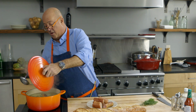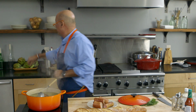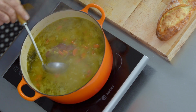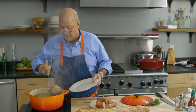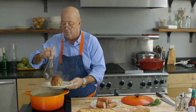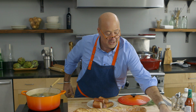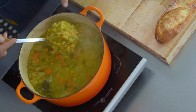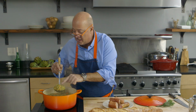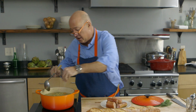So, our pot of love has been simmering. Now I should tell you, sometimes if I don't have sausage, I'll just chop up this ham hock, but most of the time, I just remove it and use it for garnish, or I'll just eat it myself as a little snack, because it's just absolutely perfect. And you can see here when I bring the ladle up, the peas, some are broken down, some are whole. I don't have to do anything to this soup other than season,